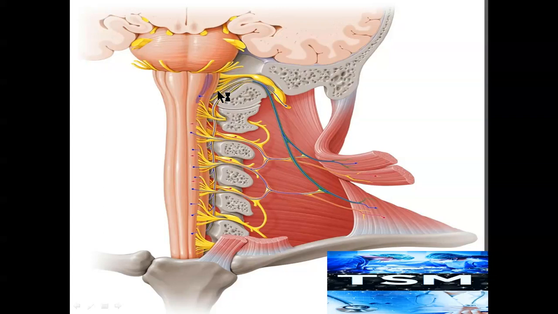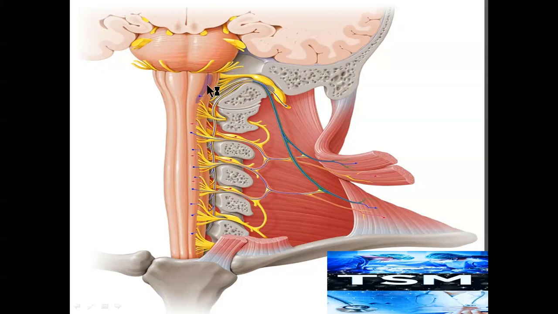And here we can see the cranial root of your accessory nerve coming from your medulla oblongata. To be more specific, it's coming from your nucleus ambiguus, the inferior two-thirds of your nucleus ambiguus. As we know, nucleus ambiguus is a group of neurons situated in the reticular formation of the medulla oblongata. So over there, nucleus ambiguus is situated and giving motor neurons